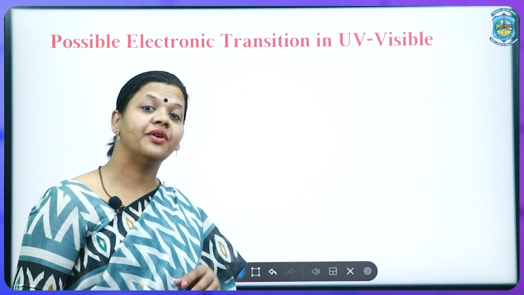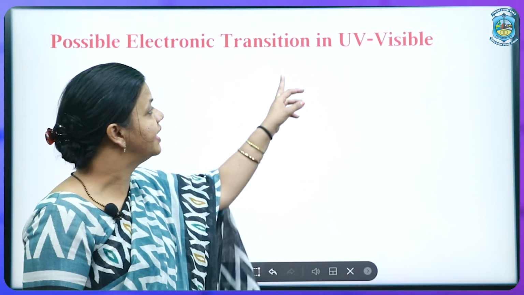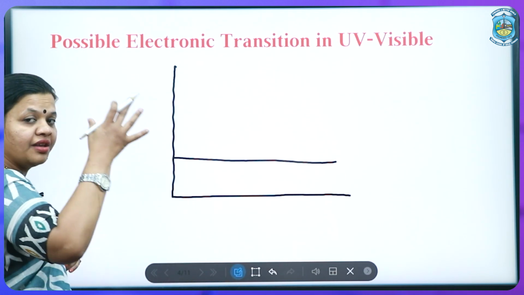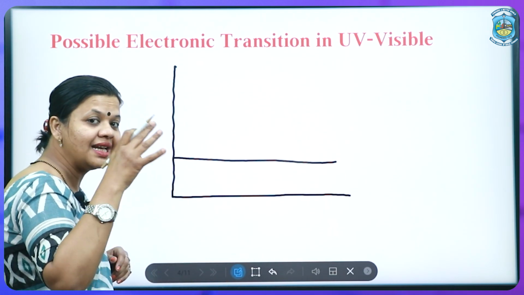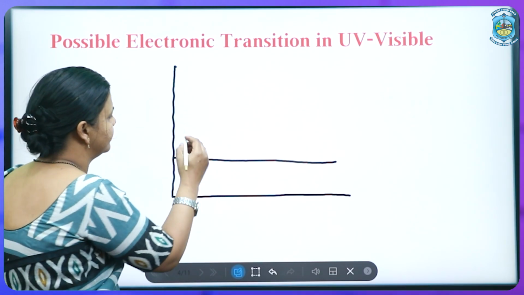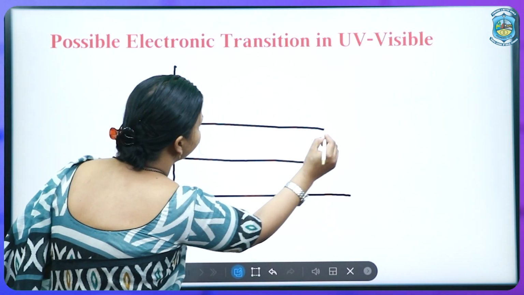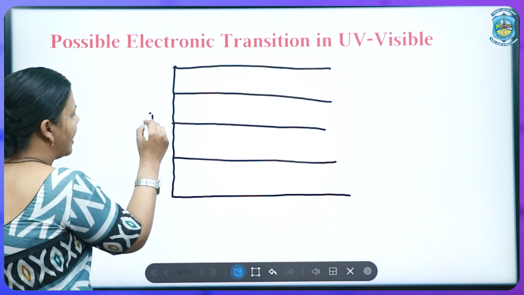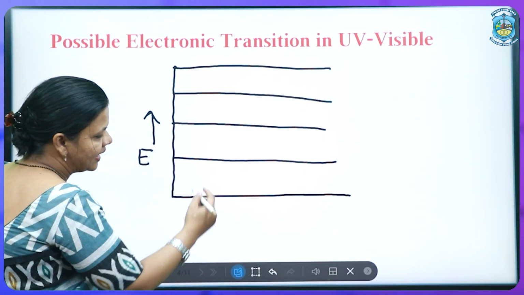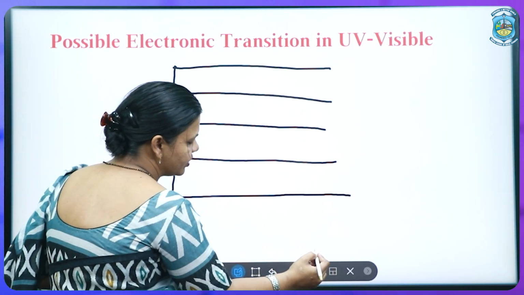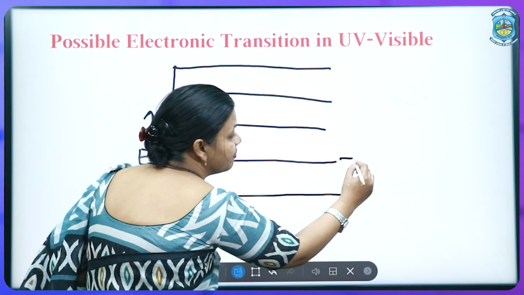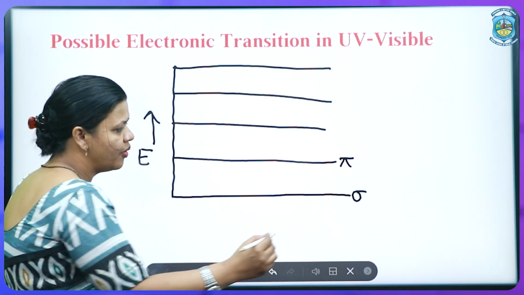Now let us talk about the various possible electronic transitions in UV visible spectroscopy. These are the 5 electronic levels based on the type of electrons that we have just now discussed. So these are the 5 levels, and the axis represents the increasing order of energy, and these 5 levels can be denoted as, the least energy one is the sigma bonding, then pi bonding,